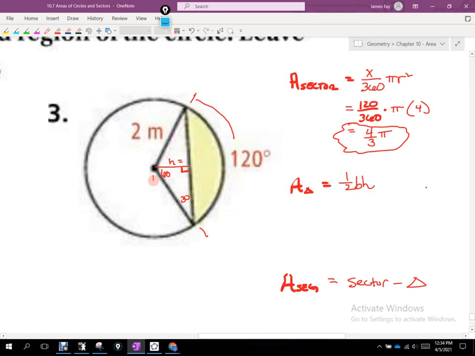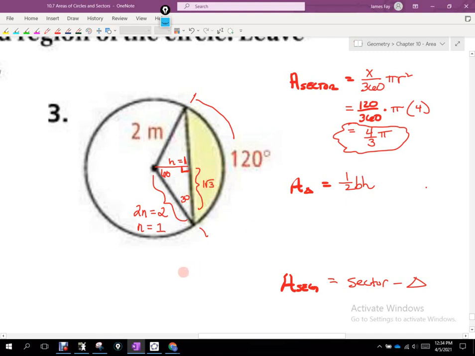So this distance here is your hypotenuse. That's your 2n, right? And they're saying it's 2 in this case. So what would n be? N would be 1. And that's going to be the h value, correct? That's the distance across from 30 degrees. That distance right there is going to be